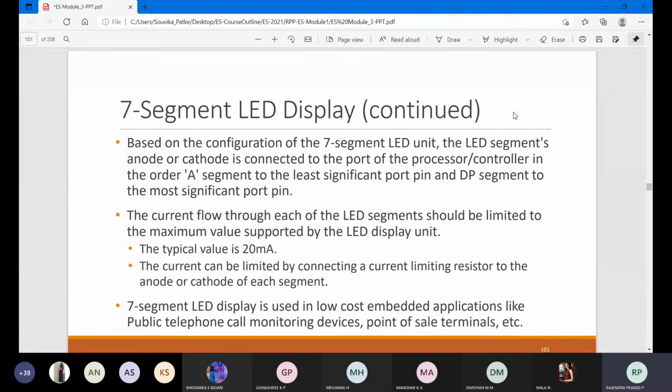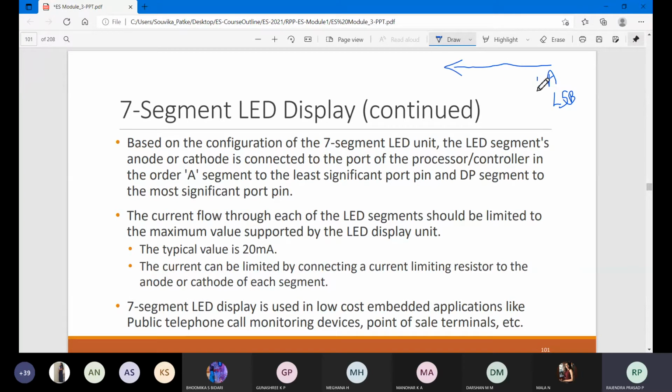Right. Based on the configuration of the 7 segment LED unit, the LED segment anode or cathode is connected to the port of the processor in the order of A segment to the least significant port pin and DP segment to the most significant port pin. So this indicates how the order will be. The order will be from the A value, which is the LSB pin, and it will be in this order.